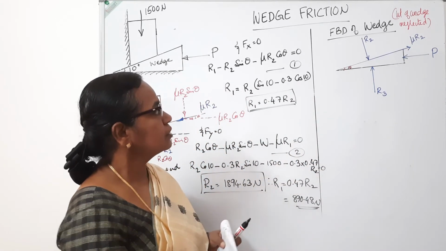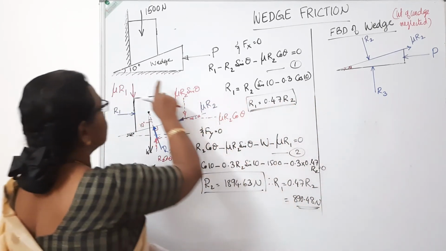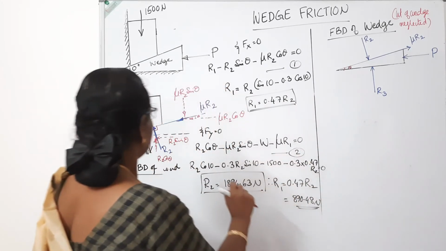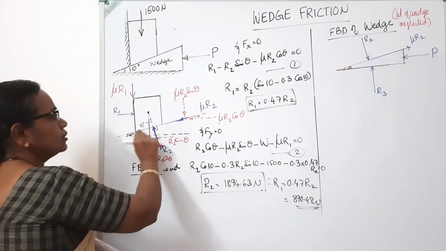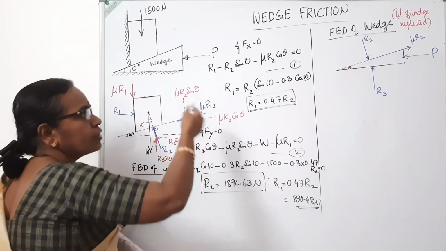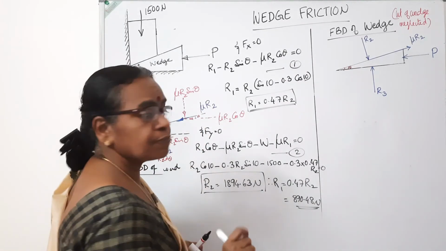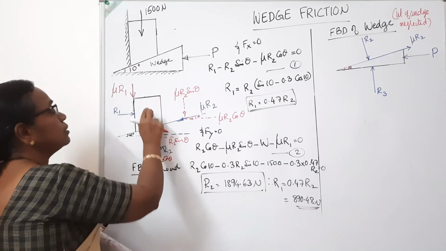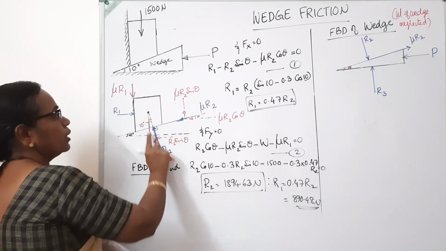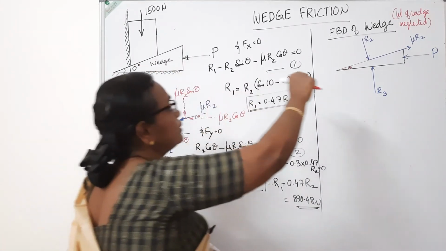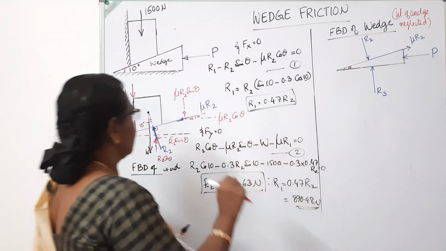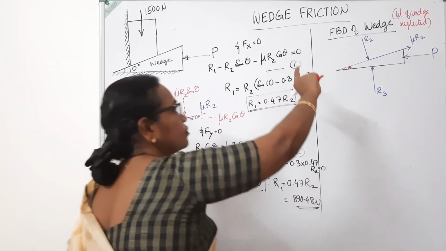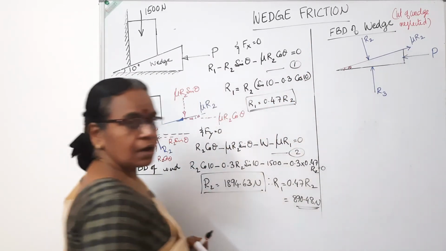You can mark the forces in the contact surface. In this surface there will be a vertical contact reaction R3. Then this is R2 in this surface. Opposite to that, it should always balance, so internal forces should exist in pairs. If R2 acts from the wedge towards the block in the upward direction, from the block to the wedge it will be in the downward direction. Then the frictional force mu R2 is acting downwards, so there the frictional force mu R2 will be acting upwards.